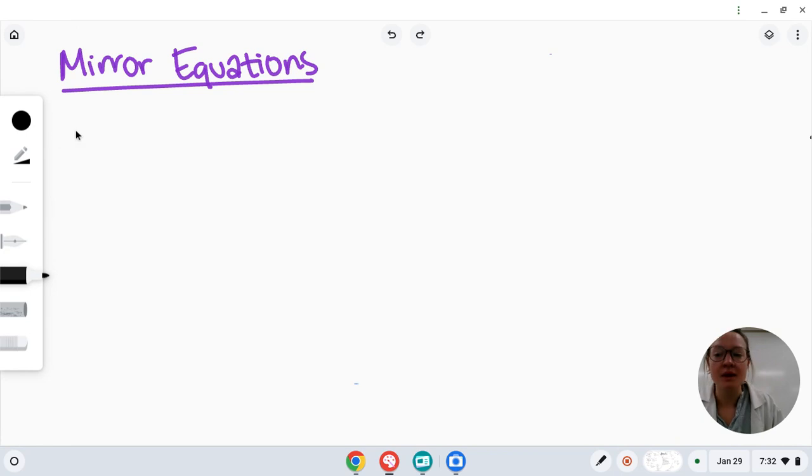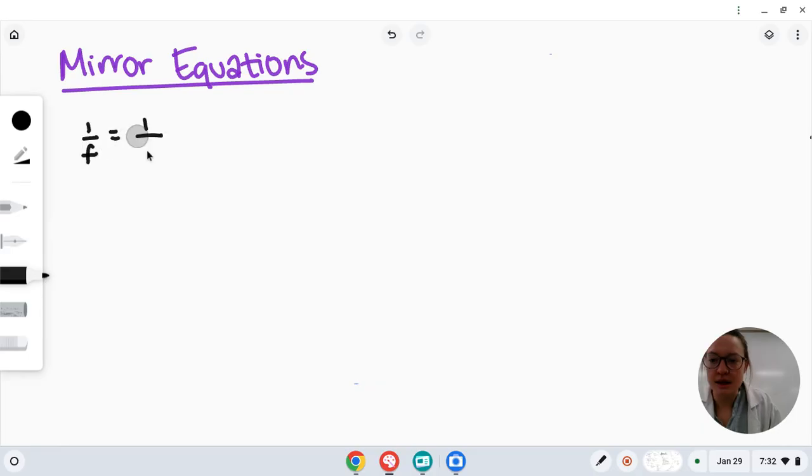For mirror equations, we're going to find that there are two important equations that we can use for mirrors, and I'm going to give them both to you right now, and then we'll try a practice problem. Here's the first equation. The first equation is that 1 over the focal length for any mirror is equal to